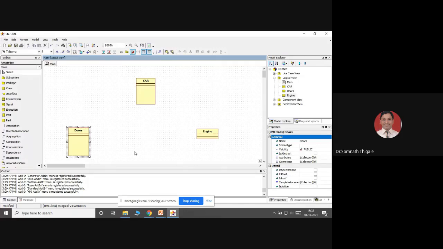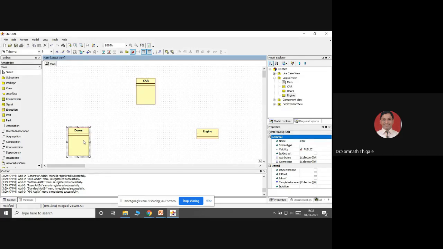Please reply. Are you there? I have asked a very simple question. I want to show the relationship between whole and part. This is the whole, this is the part. Is it possible to drive the car without doors? Yes, Prashant, very good, thanks. We can drive the car without doors.